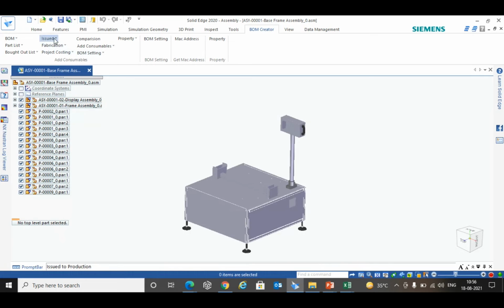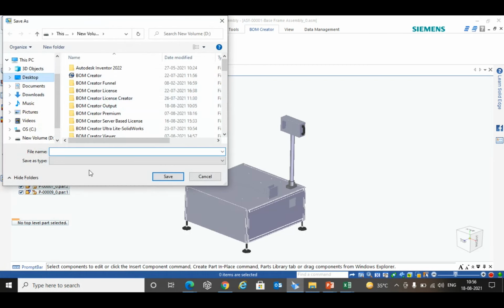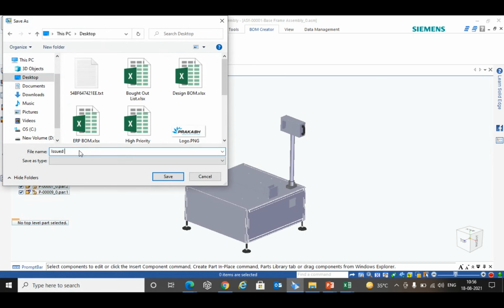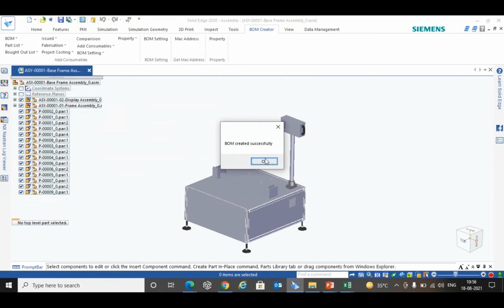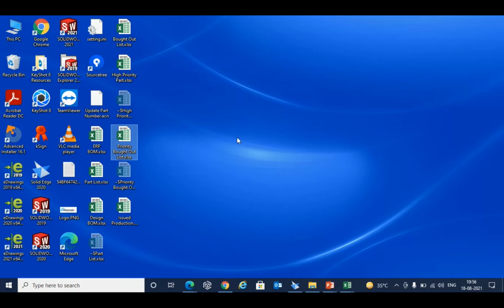Right. Moving further, let's talk about the release of drawings. When I say I want to identify the items which I have released to the production team, the purchase team, or the quality team, right? With a click of a button, I can identify the information: which drawing has been issued to which department, how many times, on which date, all the information. So this information comes in line,